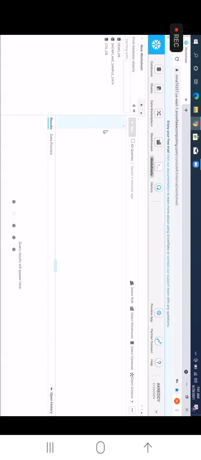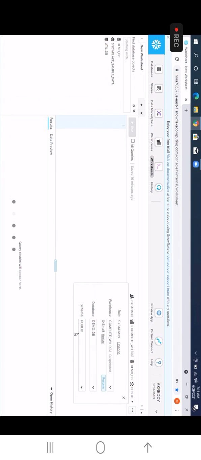So have you got a chance to create a Snowflake free-tier account? Is anyone having any issues while creating a free Snowflake account? Please let me know. Some people will call it public and information schema. Okay, so here